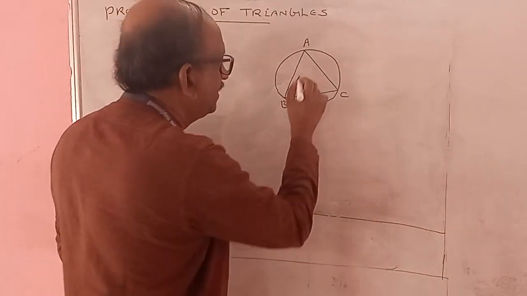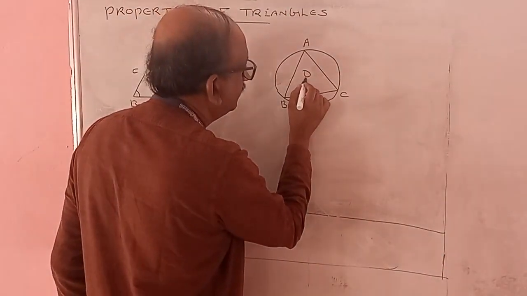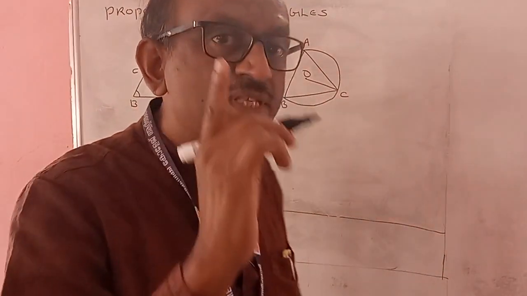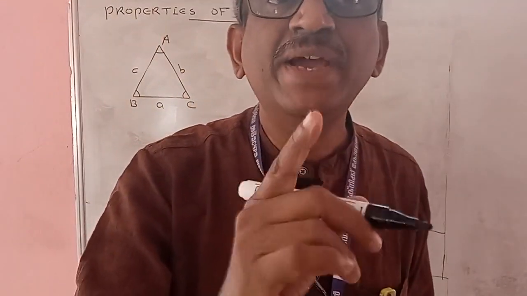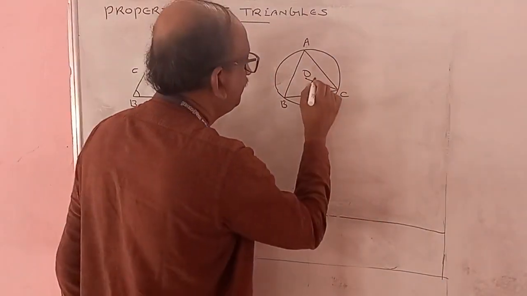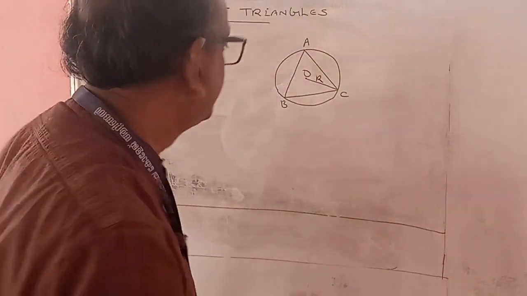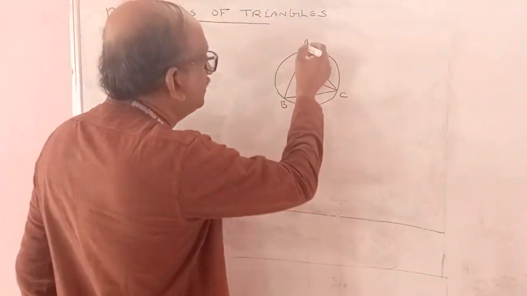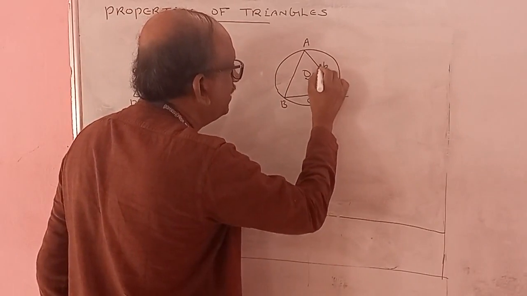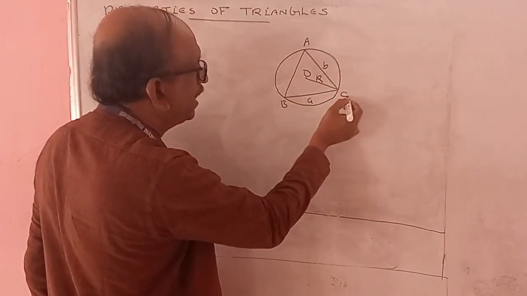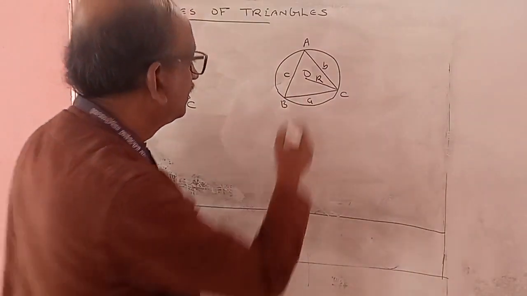This point is O. O is the center of the circle. Then OC is the radius of the circle, and we denote the radius by capital R. R is the radius of the circumcircle. Therefore, the side opposite to capital A is small a, this side is small b, and the side opposite to angle C is small c. Okay. Then find the ratio